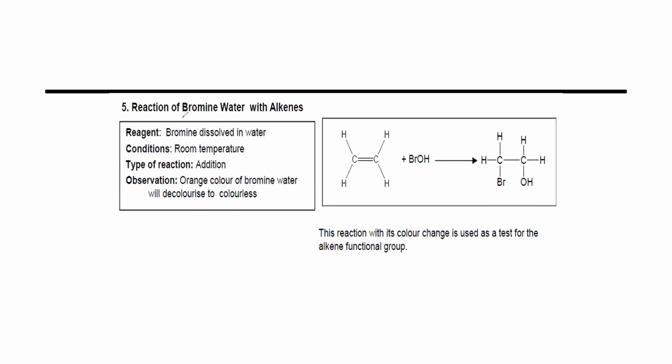Same thing, reaction with bromine water. There is a difference between bromine water, aqueous bromine, and bromine in a liquid state. Bromine water means bromine is dissolved in water. So the formula for bromine water is HOBr. You can write BrOH or HOBr, both are correct. But if it is bromine in a liquid state, if they say we have bromine as a liquid, then it is